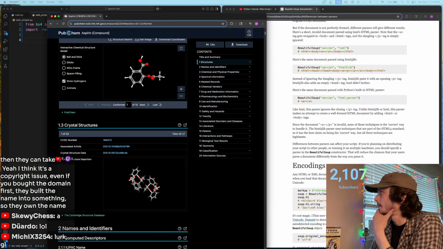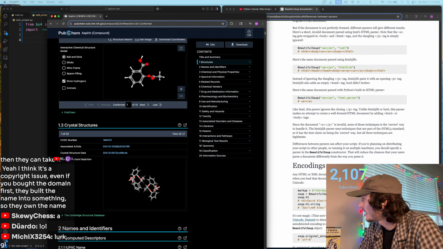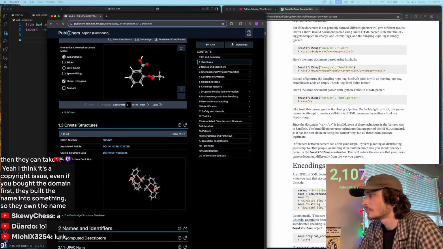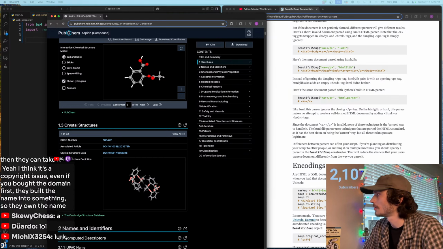Use API. Okay, so then should we ask, hey Mitchie, how's it going? So maybe we should be doing web scraping. Maybe we should be doing, how can I learn how to access PubChem